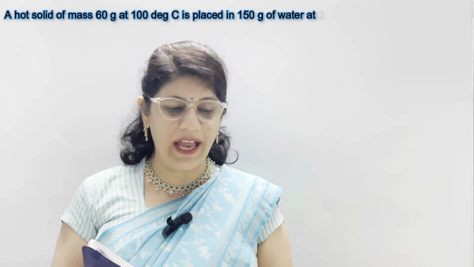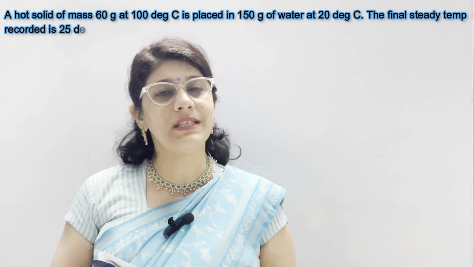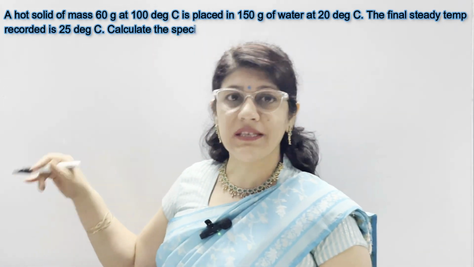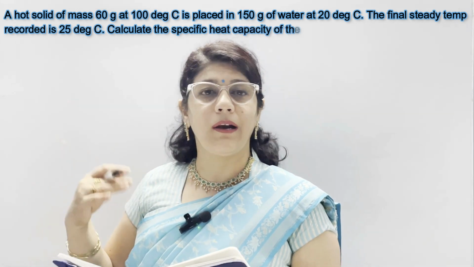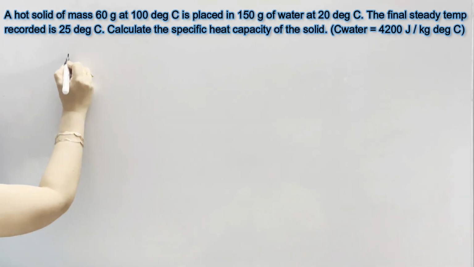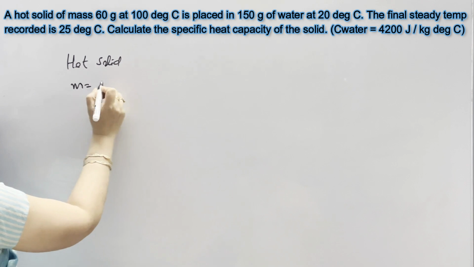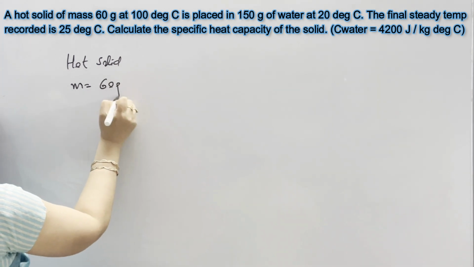Starting with the easy one: a hot solid of mass 60 gram at 100 degrees Celsius is placed in 150 gram of water at 20 degrees Celsius. While reading this numerical, we can simultaneously place them in separate groups so that our calculation gets easier. A hot solid of mass 60 gram, it means one is a hot solid whose mass is given as 60 gram